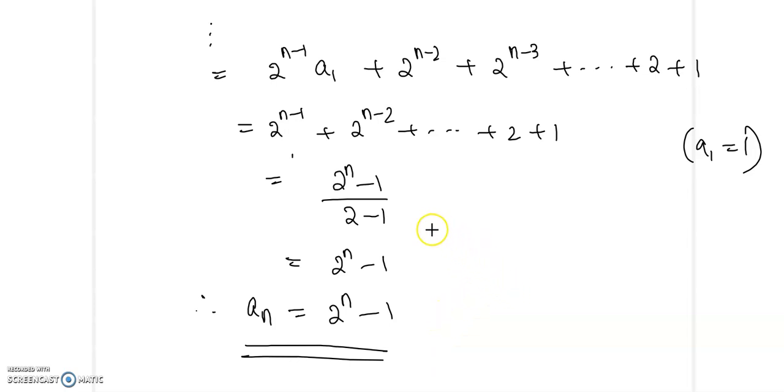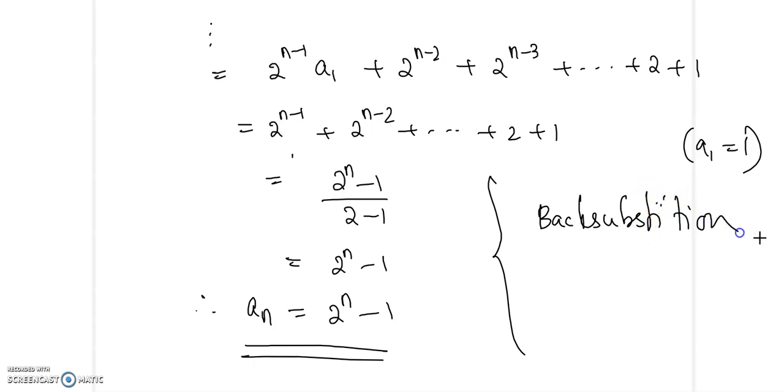And this method of obtaining the solution is called back substitution, where previous terms are substituted in. So this way of finding the solution of a recurrence relation is called backward substitution. So this is one of the important examples of recurrence